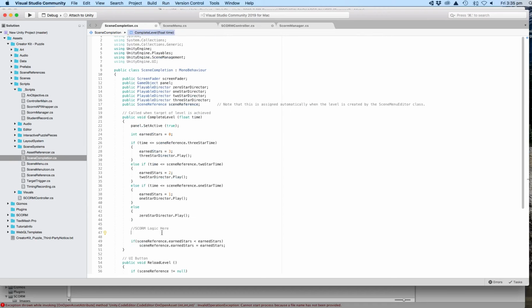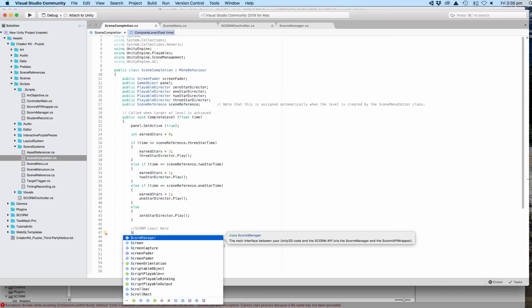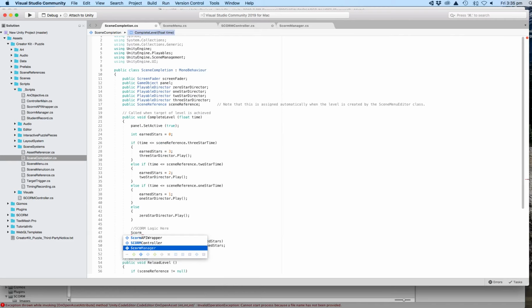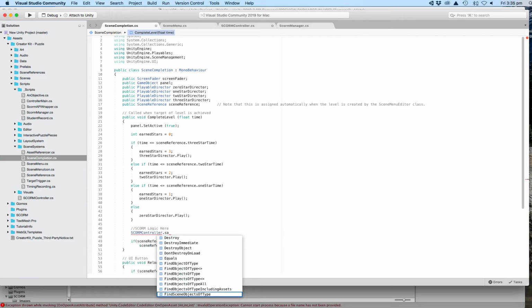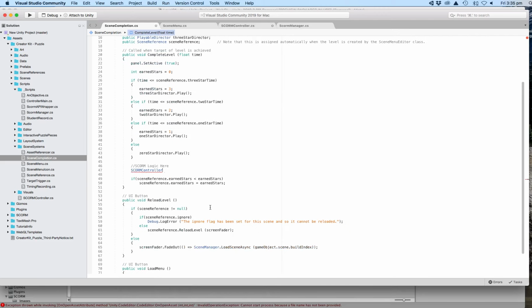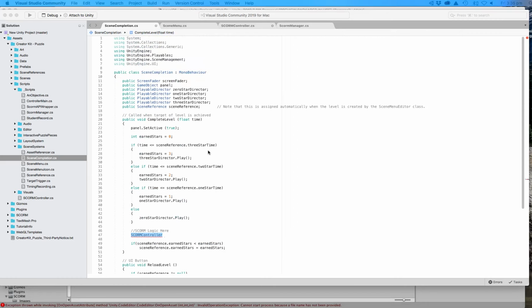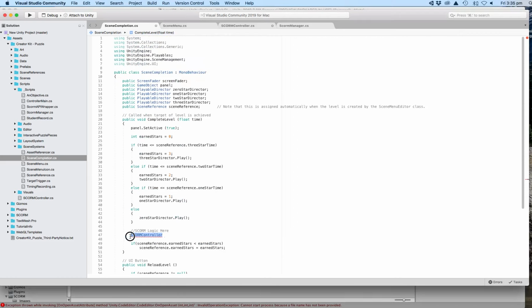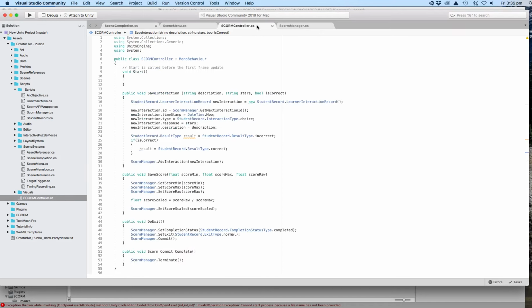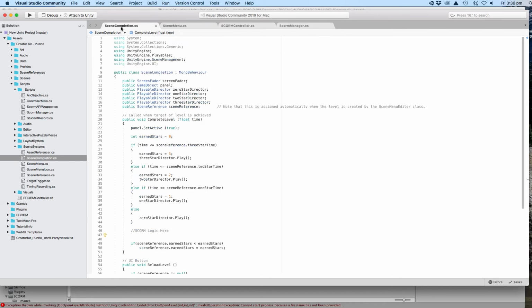So let's call our SCORM controller, save. Let me just push pause for a moment. That's right, what we need to do first in this particular one, because this is not a static class, this is actually a script attached to an object in the scene. So we need to let the scene completion script know about the SCORM